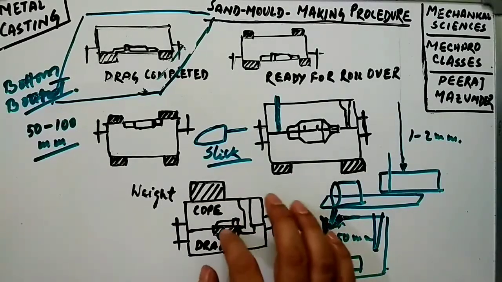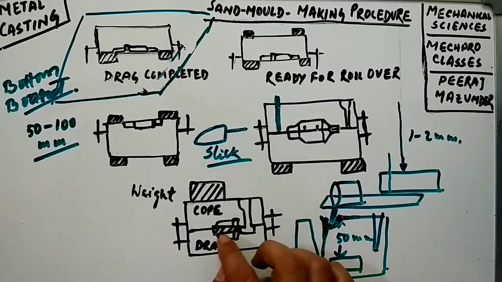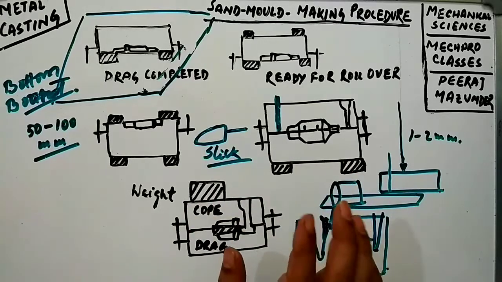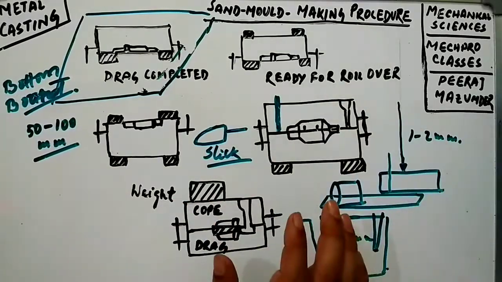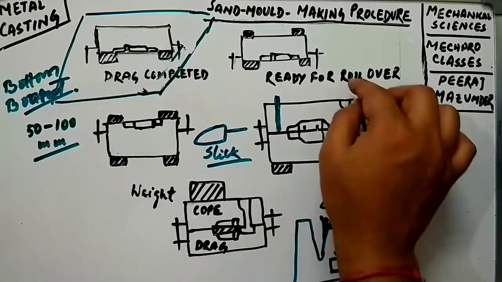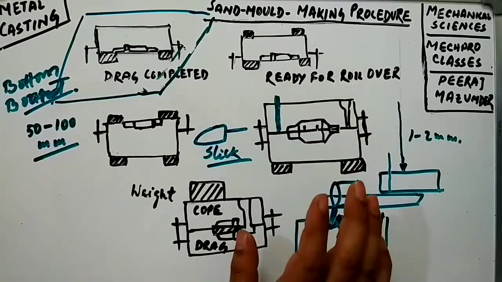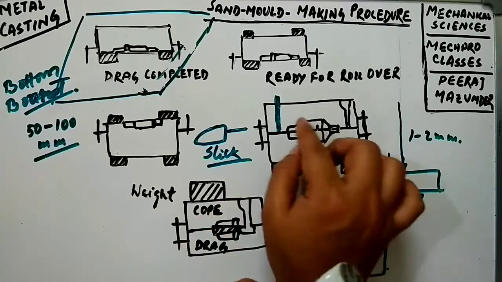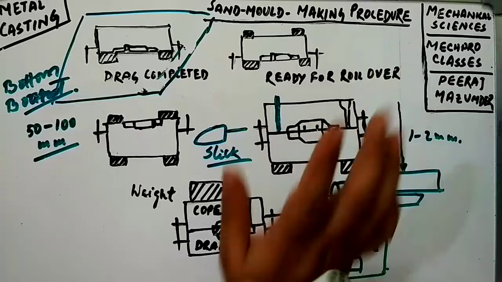This is the mold cavity. To enlarge the mold cavity so that the mold walls are not spoiled by the withdrawn pattern. Okay, look, you have to withdraw the pattern, because before we pour the molten metal, we have to withdraw the pattern, as the work of the pattern is already over. You had made a hole similar to that pattern, so you have to just withdraw the pattern.